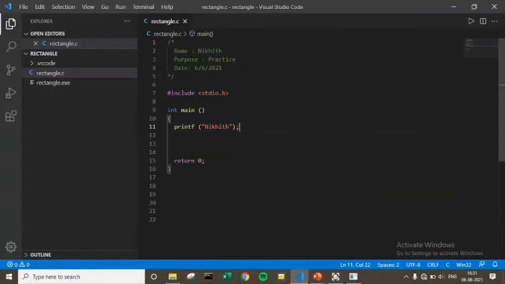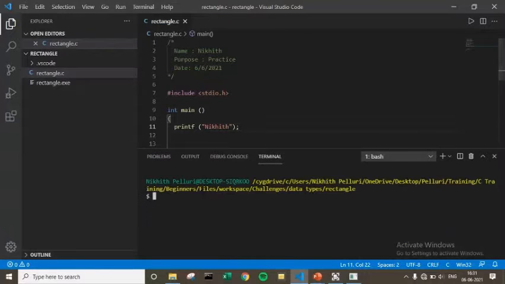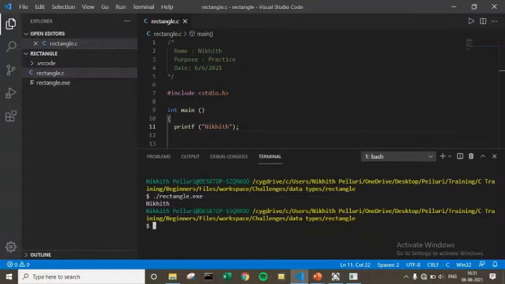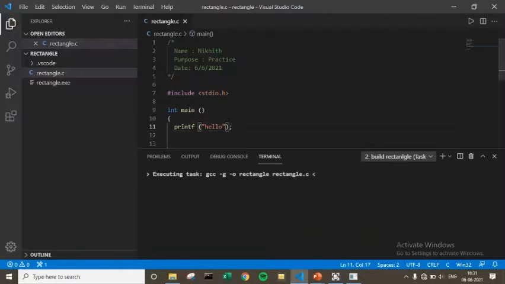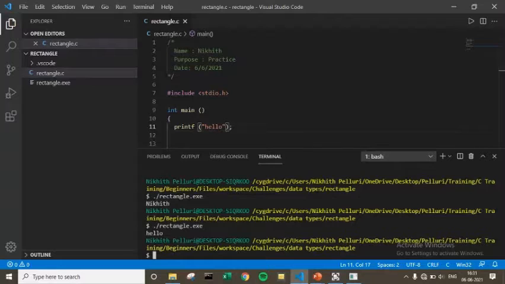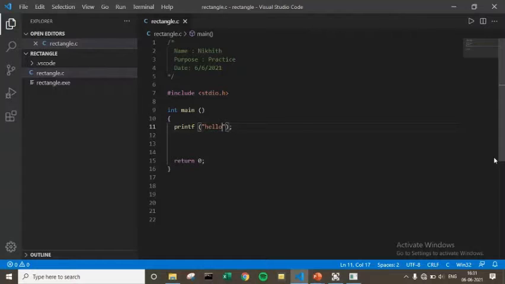See, it printed out Niket. Anything you put inside these double quotes, like if you write hello, it will print out hello. The example for format specifiers I will show in the later part of the video, okay?